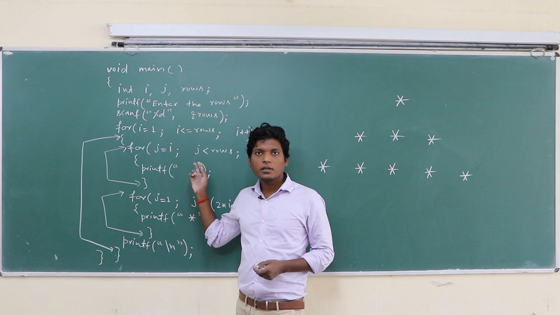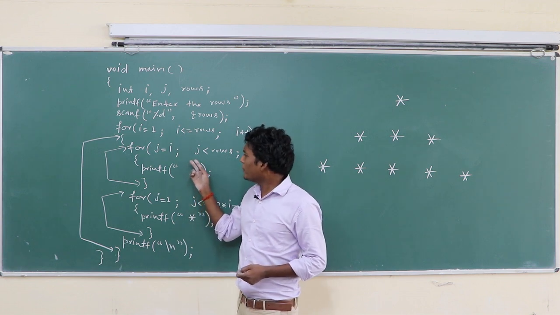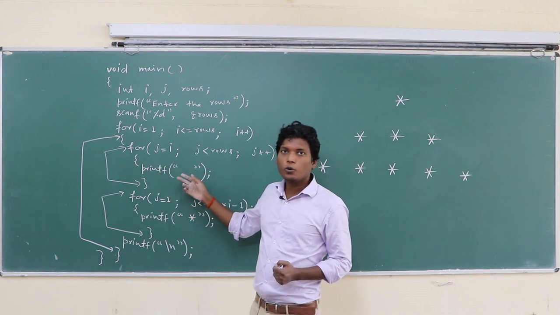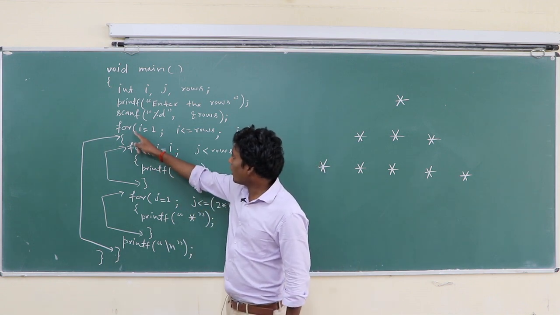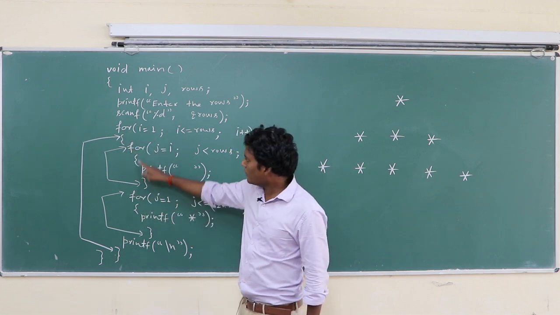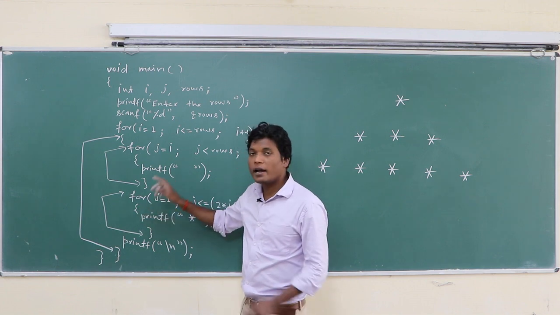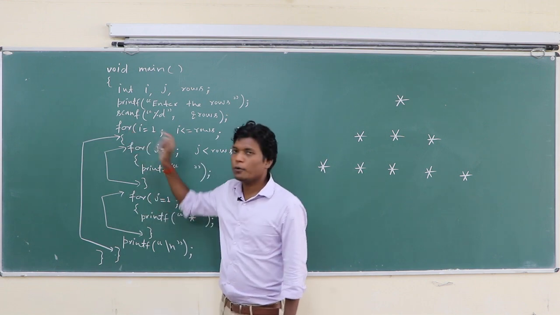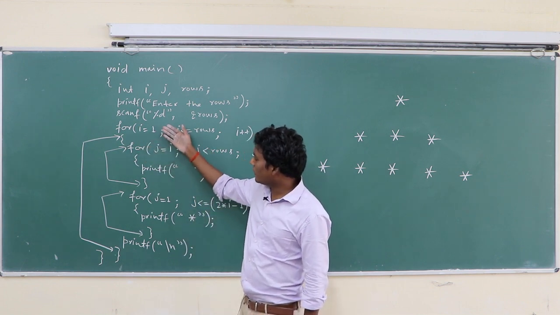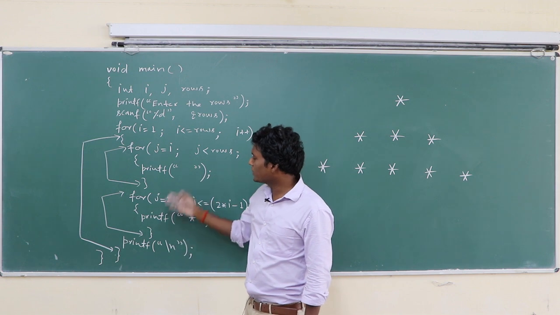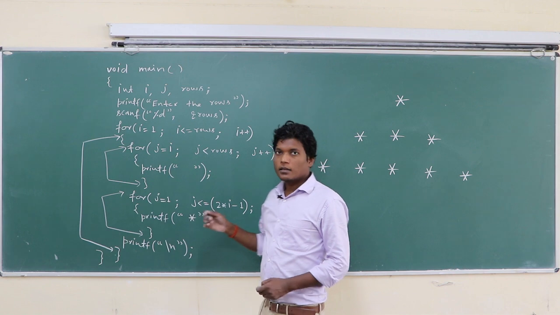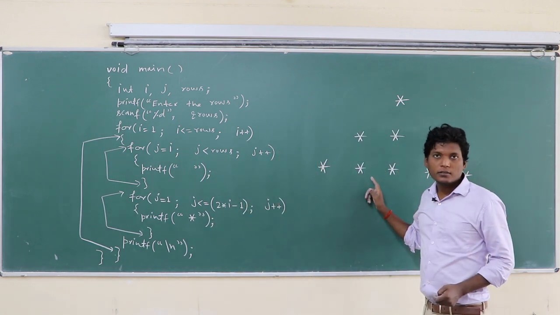Class, this is a program. In this program we implement the concept of nested for loops. Here there are 3 for loops: this is the first for loop, this is the second for loop, this is the third for loop. This for loop and this for loop are nested within this for loop. This is the implementation of nested for loops. When we execute this program, this pattern will be printed.